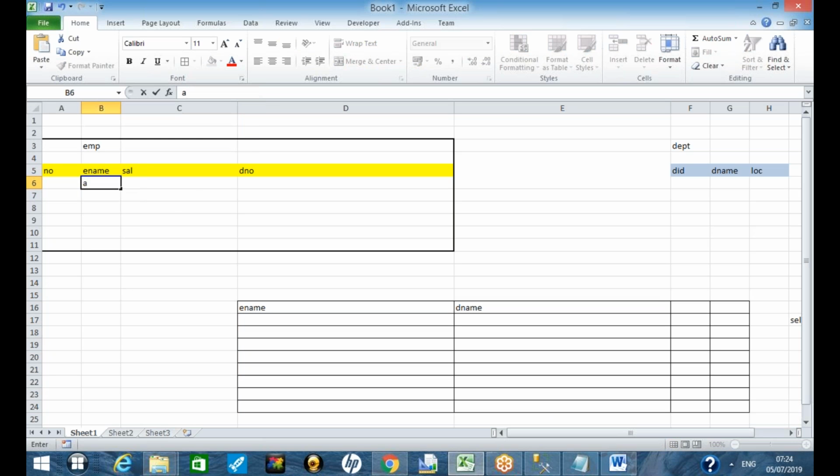There is a person ABC here, and there is a department 10 with department name accounting, right? Now I have been asked to generate a report which has ename and dname in it. The name of the employees and the name of their departments. Now, should I create